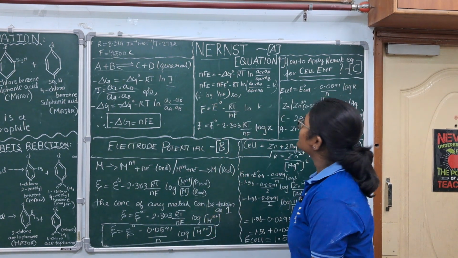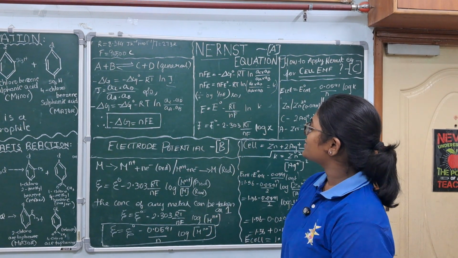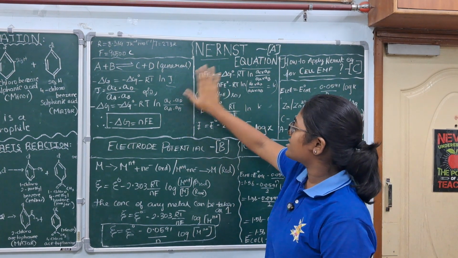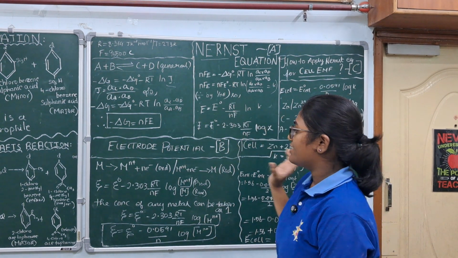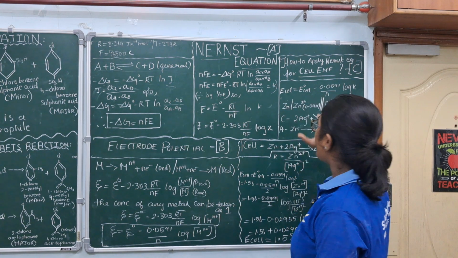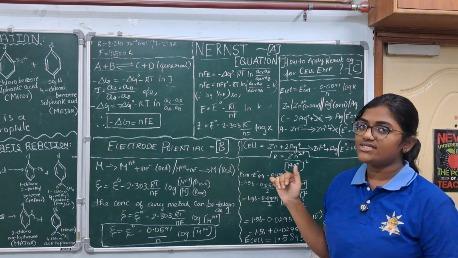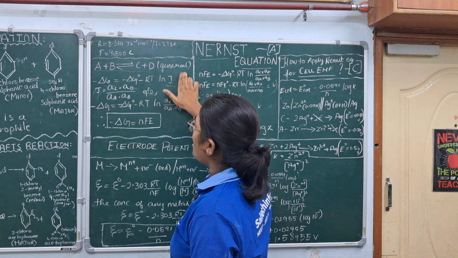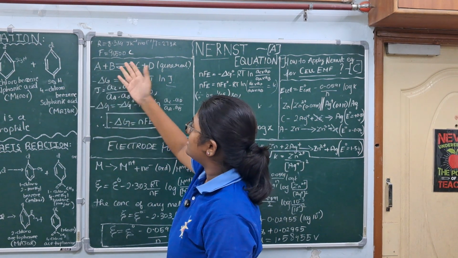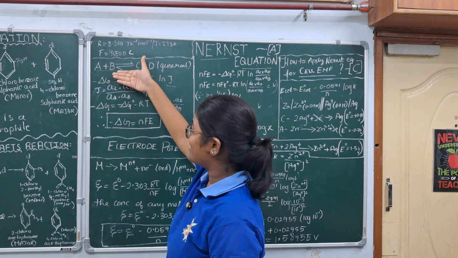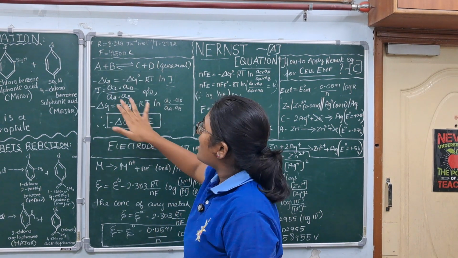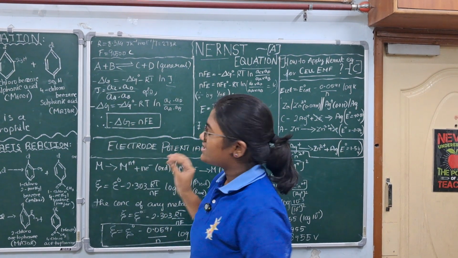So we are going to see about the Nernst equation, and today's topic has three subdivisions. First, the normal derivation of the Nernst equation and the derivation of electrode potentials, and how to apply the Nernst equation for a cell EMF. First, we are going to take the general formula, the equilibrium reaction A plus B gives C plus D, and the Nernst equation is nothing but